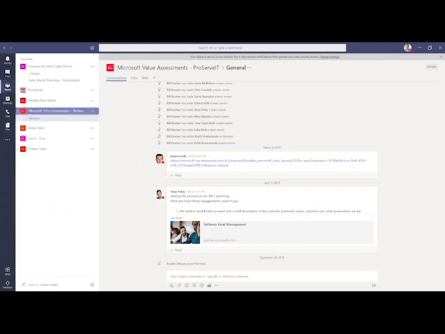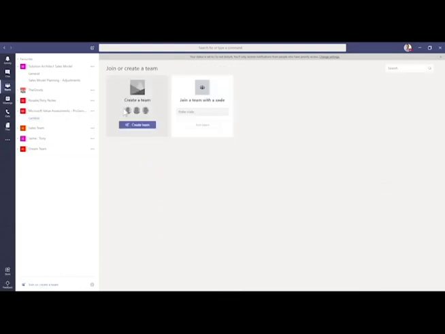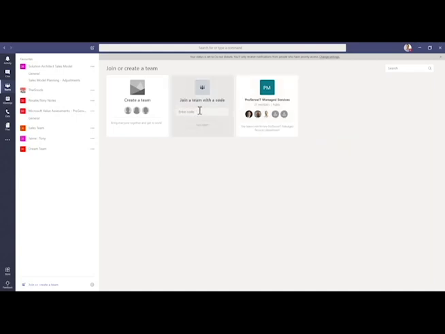And let's move on here. Let's actually go and create a team real quick. Let's see, join one. So you'll notice that what pops up here is create a team, join a team with a code, and there's actually a team here that's already been created within our organization for managed services. I could try and join this team by just clicking this button, or I can create a code for a specific team that I'm part of, and I can send that out to the users that I want to join this team, and they can just enter that code and be a part of it.